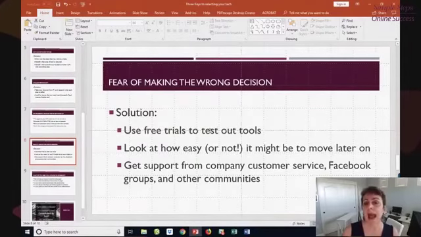Also keep in mind, how easy would it be to move to another tool later on if you, for example, outgrow it? The good news is, in most cases, it's pretty easy to do it. And primarily, this might happen if you're starting out with a very budget tool with the goal of moving to something more professional later on. So it's easy to start with a free one and then move to another one when you're still small, but once you have some experience under your belt and you're able to go through those things.